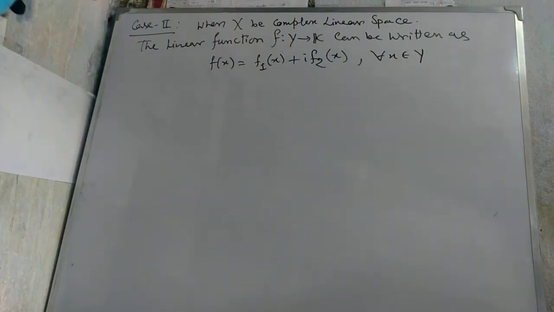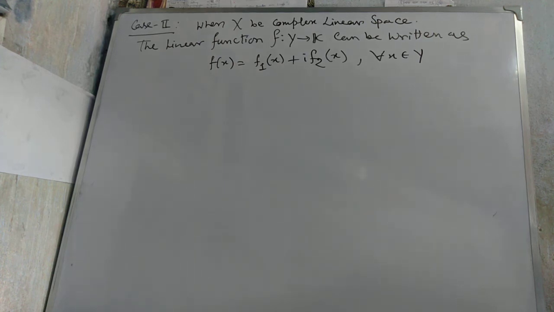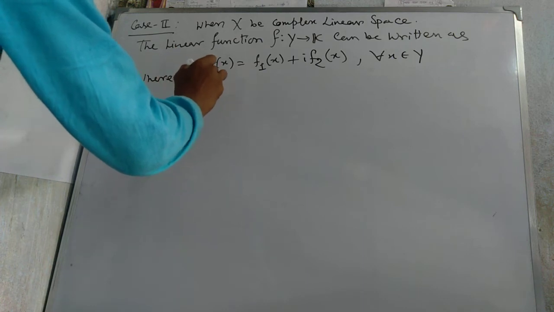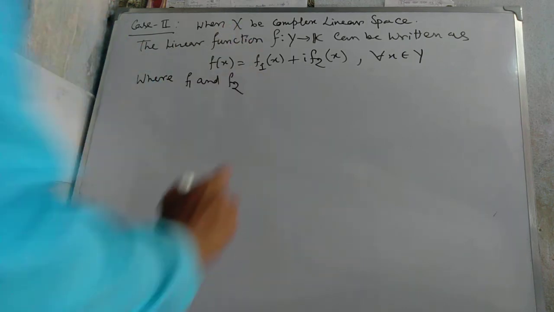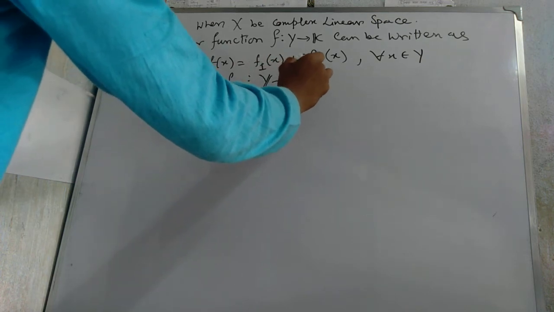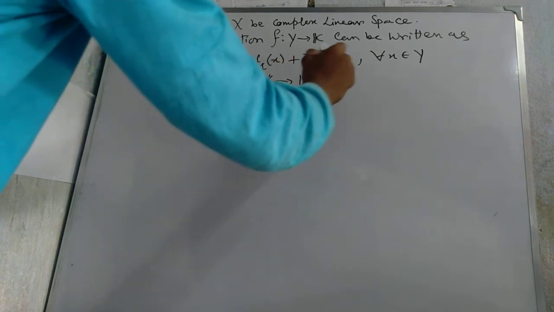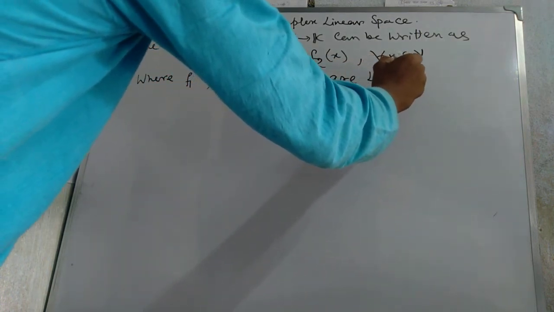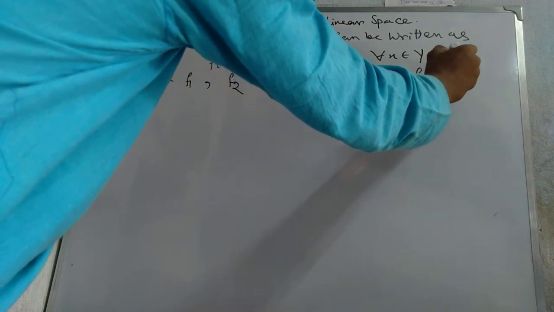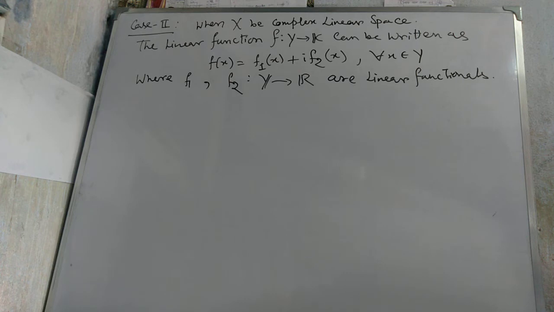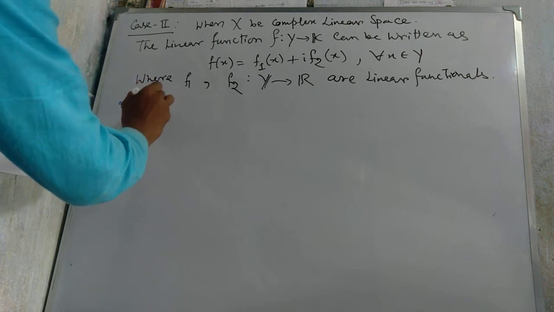Here f1 and f2 on Y are real linear functionals. Okay, then what happened? Here we write: let x belong to Y,